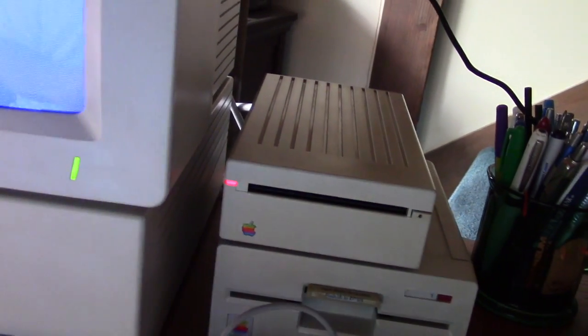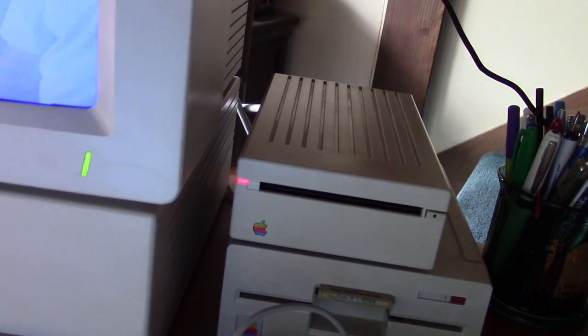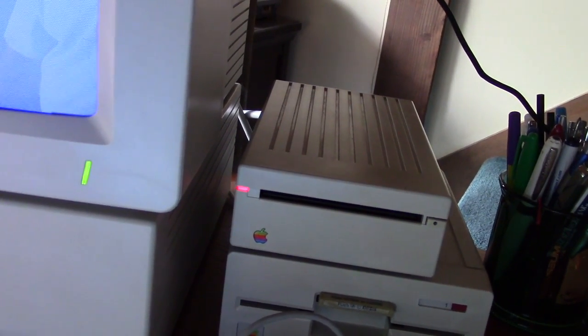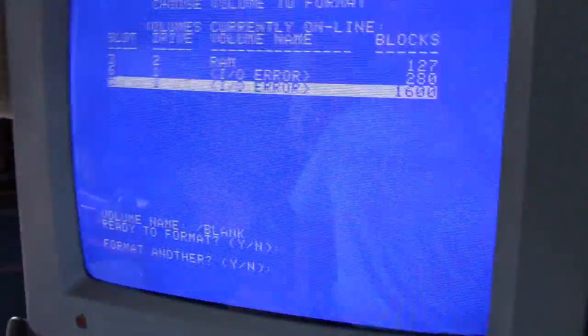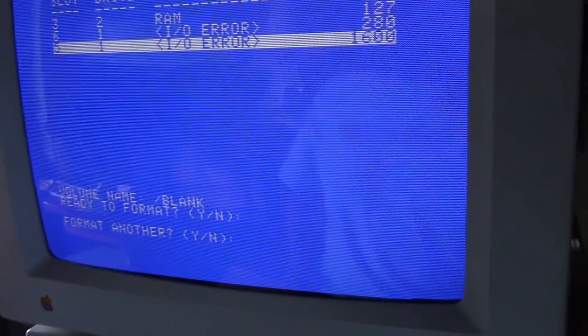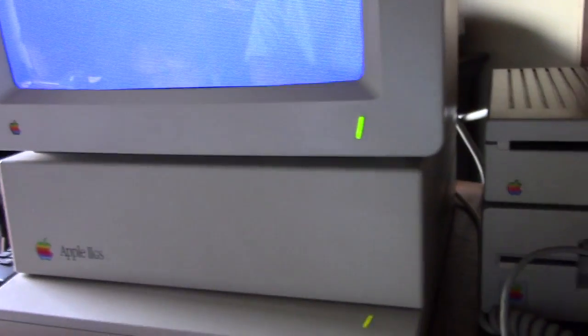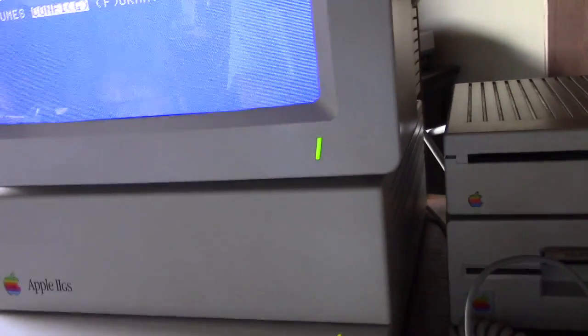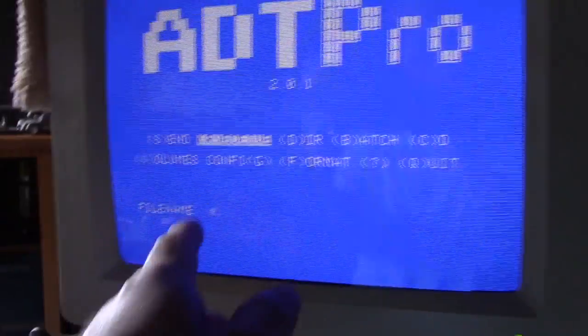This drive wouldn't eject worth a damn, and now it's working pretty reliably, so I'm going to kind of go over that. I've done a lot of drive repairs over the years on these, and they all seem to work just fine. So I do not need to format another disk, so I'm going to select no, for N for no. Now we're going to go up to the receive option, and it's going to come up with a blinking